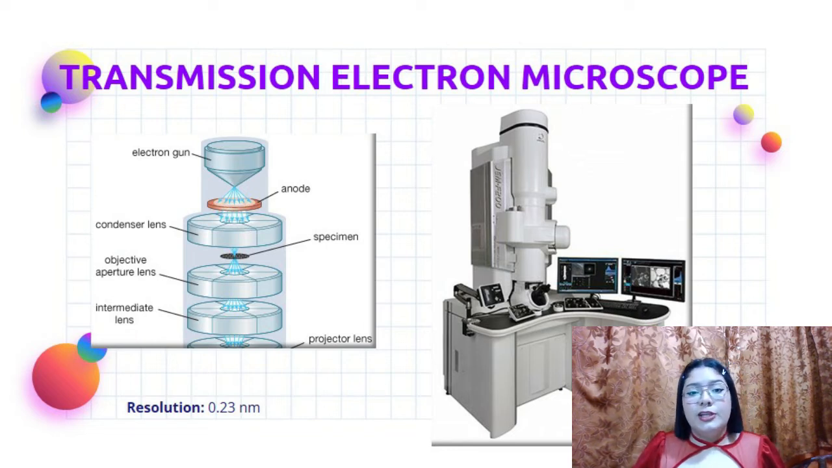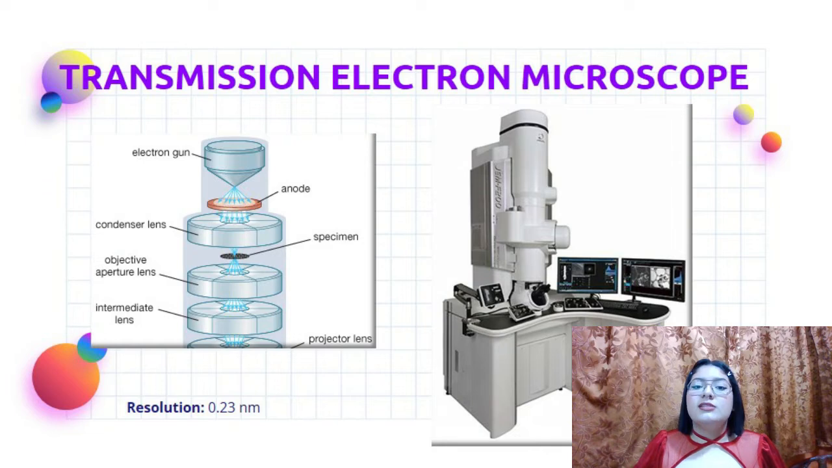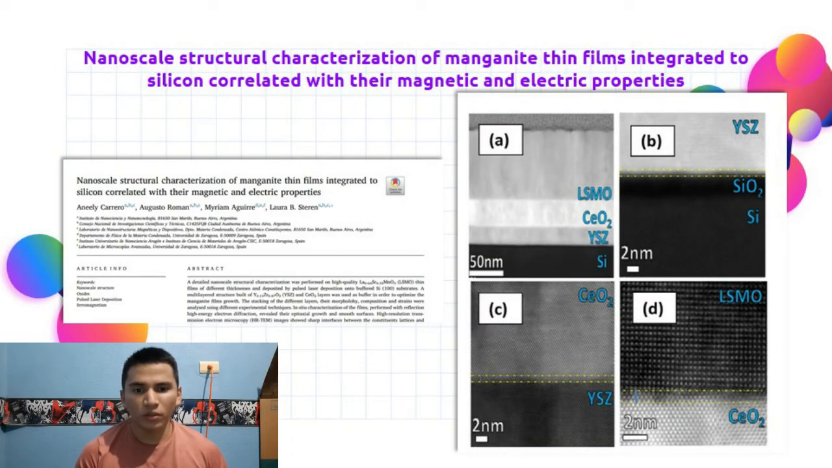It has very important applications in the biological, metallic, mineral, and ceramic areas. Some examples of these are the characterization of nanostructures and the study of nanostructured materials such as nanoparticles, nanotubes, graphene, catalysis, and others. Applications. This time we take as a base the article on nanoscale structure characterization of magnetic fields